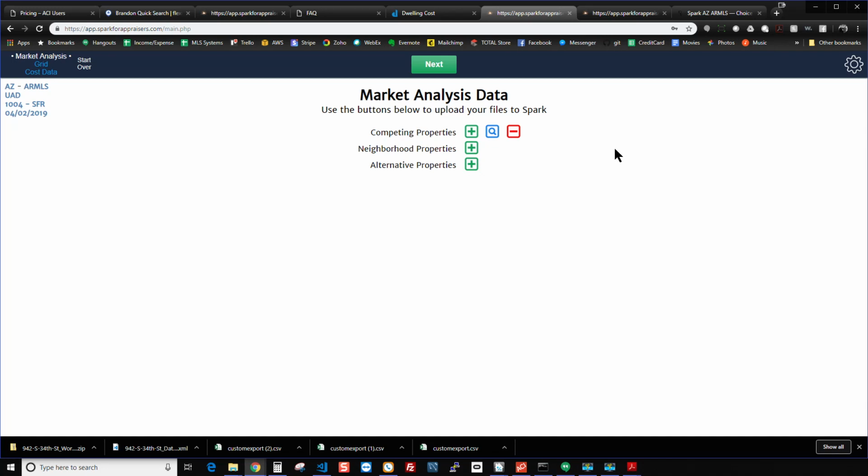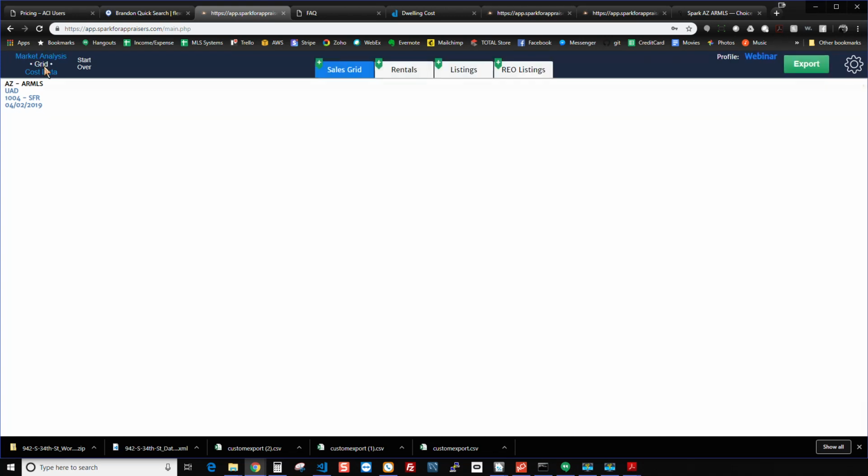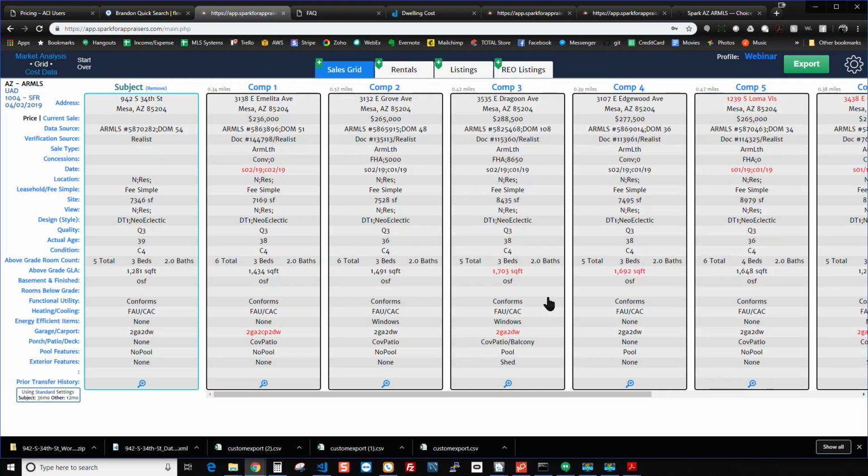So you do want to be careful. I'm never going to tell you that Spark's going to be perfectly accurate for anything because it's using data that could be flawed based on what MLS and what county you're in. So let's just switch over to the grid here so I can show you. The question was about basement specifically. Now I'm in Phoenix. We don't really have basements here, so I can't show you a whole lot, but